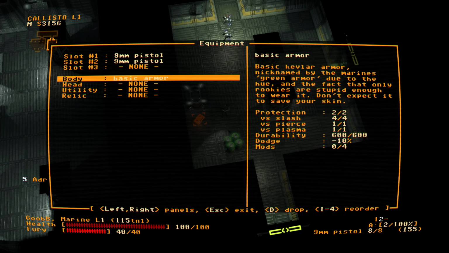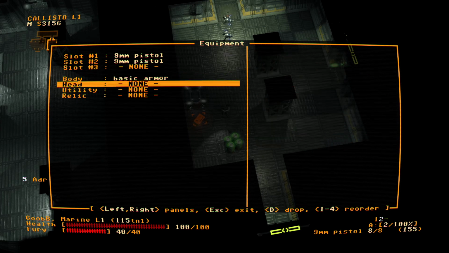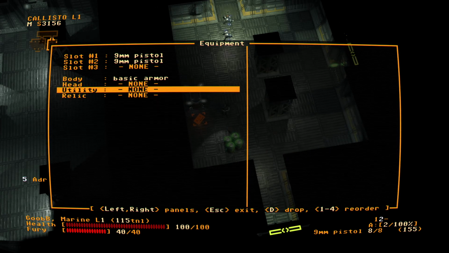So this armor right now has a durability of 600 out of 600. Wearing better armor reduces your dodge ability to a higher extent. As you can see over here, this basic armor removes 10% dodge chance for me, but it has 4 mod locations. The next thing is the headshot. Don't worry about it, he's going to keep screaming as long as we leave him alone. Then we have the head slot, where we can wear a helmet or an aiming or some assistant gear. And then the utility slot is where we place